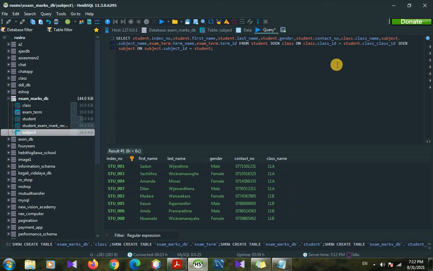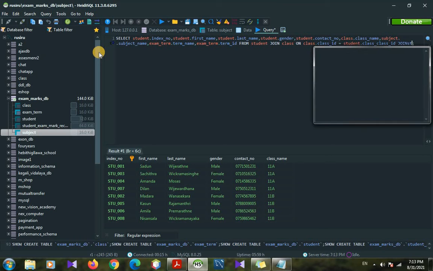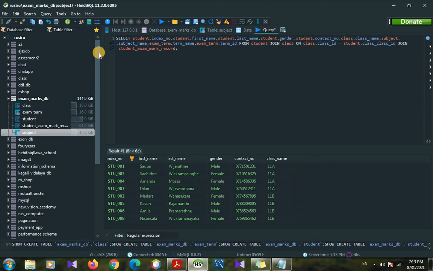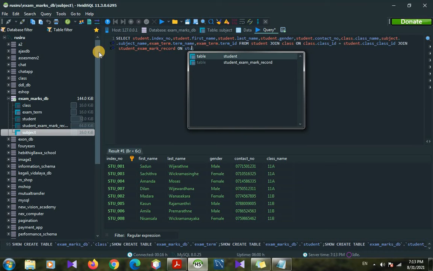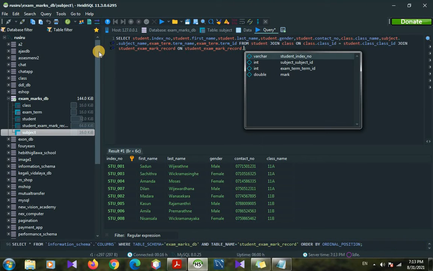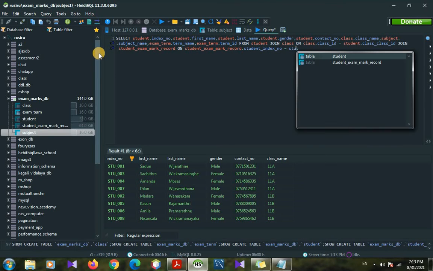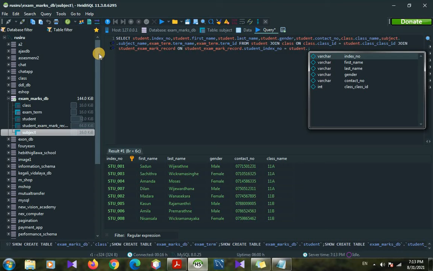But first we have to join the student exam mark record table before we join this. So removing this, we can type student join student exam mark record table on student exam mark record table dot index number equal student dot index number.